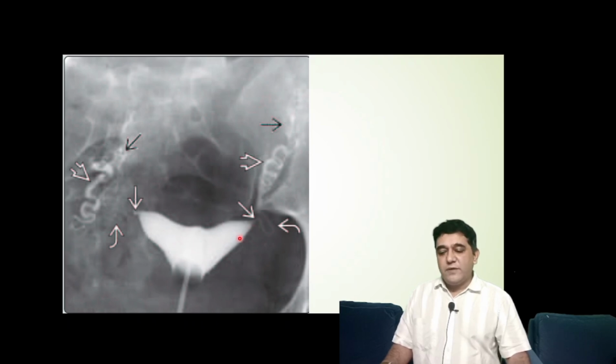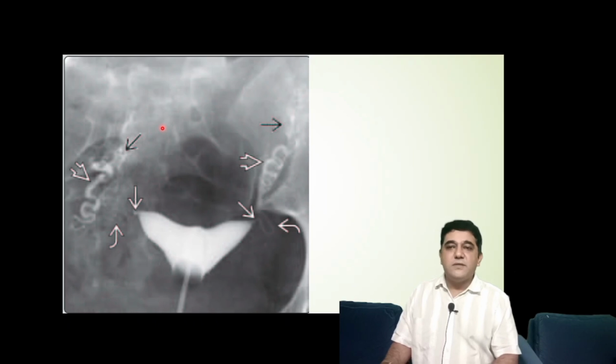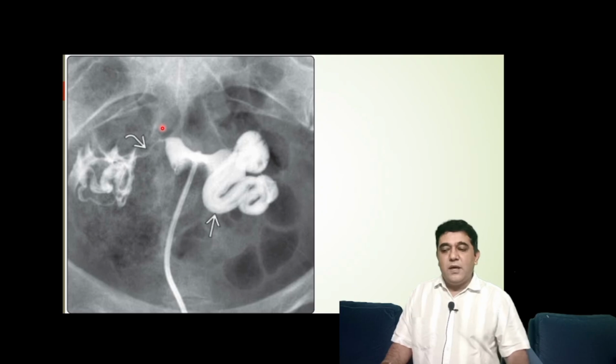this is also a frontal radiograph, and we can see a smooth uterine cavity. What we can also see is spillage on either side, but if we look carefully, we can see the different parts of the fallopian tube. This one is the interstitial part, this is the isthmic part, and this is the ampullary portion. And since there is free spillage on either side, once again this is also a normal HSG. Coming to the third image,